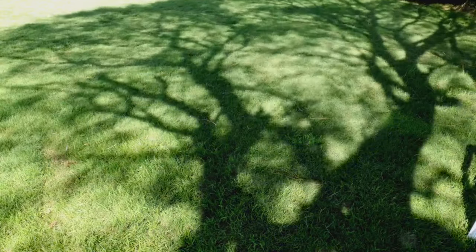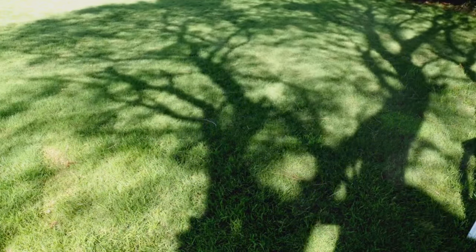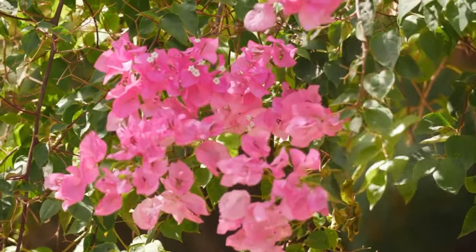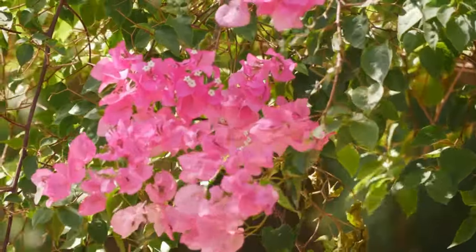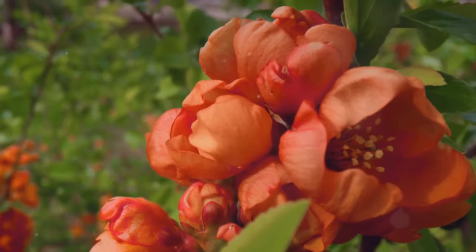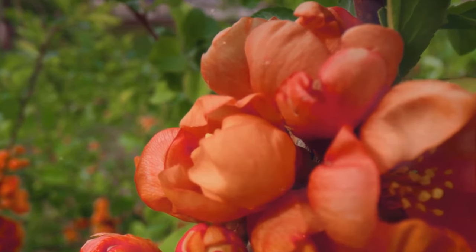Recognizing your garden's shade patterns is crucial as it directly influences plant growth. Now that you've got a grasp on your garden's shade, let's explore some blooms that thrive in these conditions. Welcome to the realm of shade-loving blooms. Let's dive right into the top performers that'll add a dash of color to those cool, shady corners of your